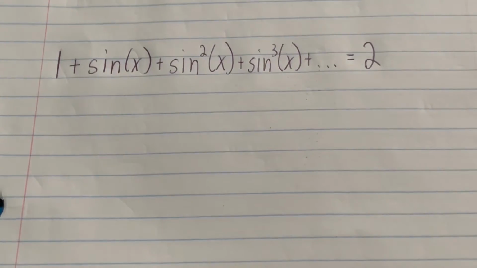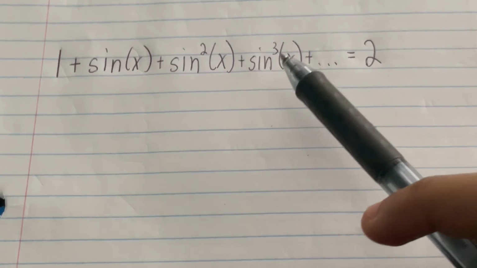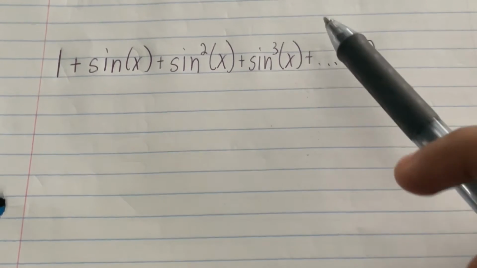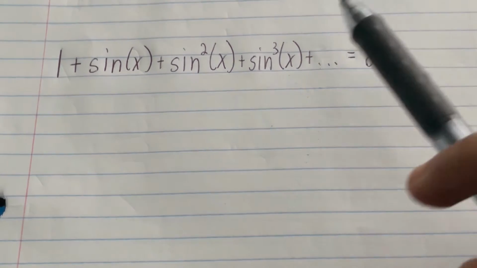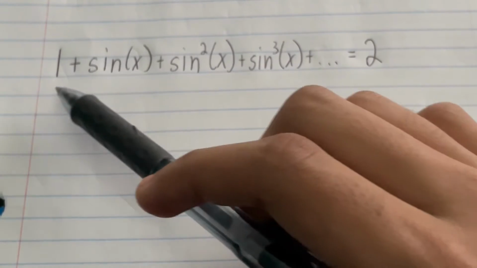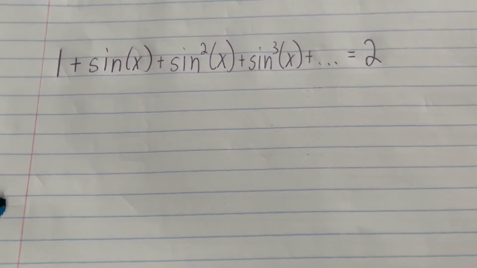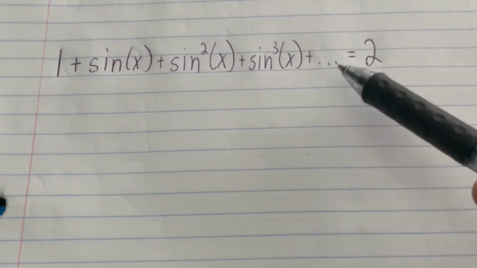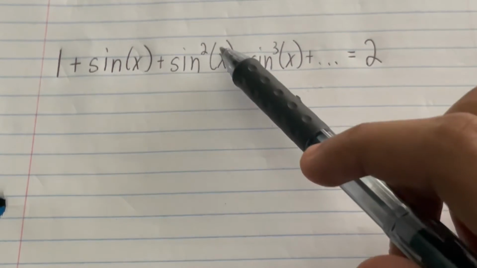We have to solve this equation: 1 plus sine of x plus sine squared of x plus sine cubed of x plus sine to the fourth of x, and on and on and on, equals 2. So basically it goes from sine to the 0th power of x all the way to sine to the infinite power of x. At first you might think that we have to do some crazy simplification on the left-hand side